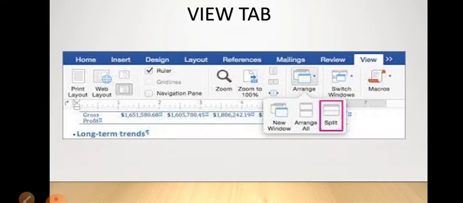Now what are these layouts? If you want to read whatever you have written, for that read mode is there. But if you want to take a print out of your paper, for that purpose you don't need the read mode or web layout mode or a normal mode. For that purpose you need the print layout mode. Why print layout mode? Because you can see in the print layout how you will get the print of your paper, whatever you have typed.